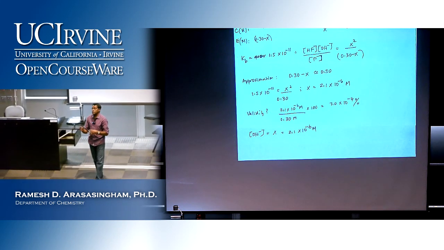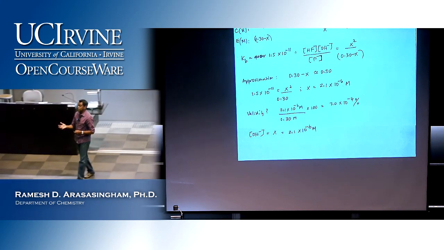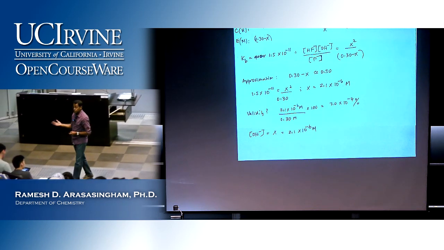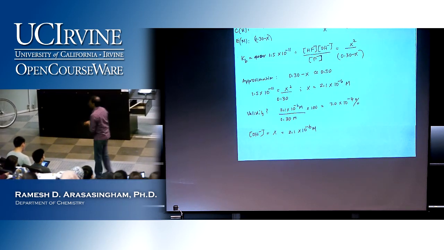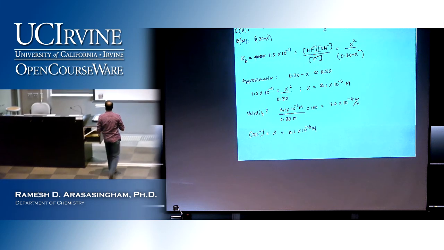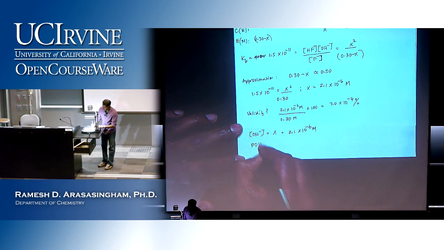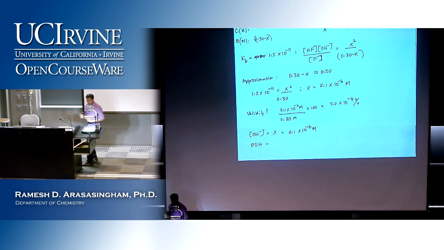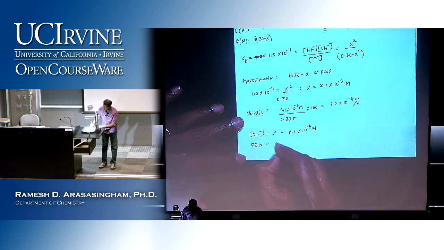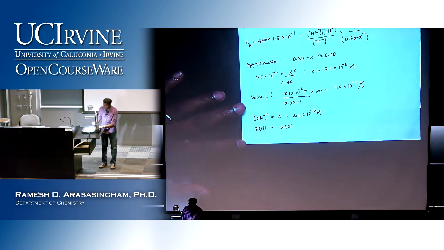So as all of you know, now I need to convert the hydroxide ion concentration to figure out what the hydronium ion concentration is. Or if you have this number on your calculator, you just take the negative log of that, and that will give me pOH, and that comes out to 5.68. And then I know pH is 14 minus 5.68, which gives me